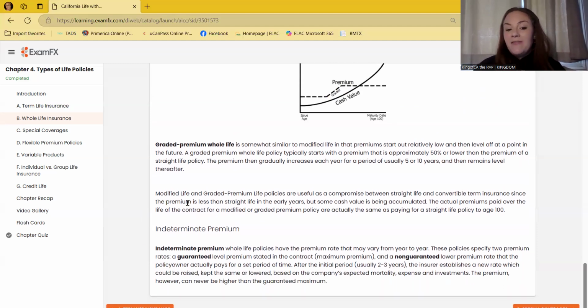Like I said, modified life and graded premium life policies are useful as a compromise between straight life and convertible term insurance, since the premium is less than straight life in the early years, but some cash value is being accumulated. The actual premiums paid over the life of the contract for a modified or a graded premium policy are actually the same as paying for the straight life policy to age 100. So there's really no difference. It's just the way that it's kind of built. Okay,